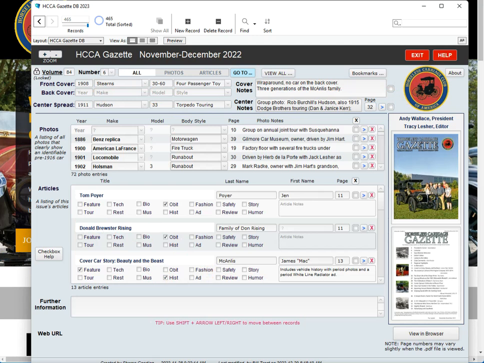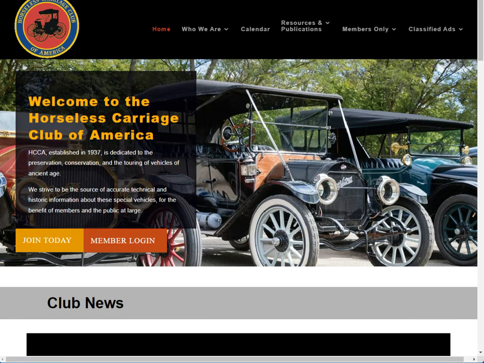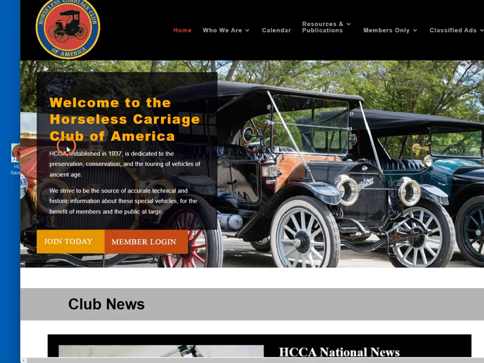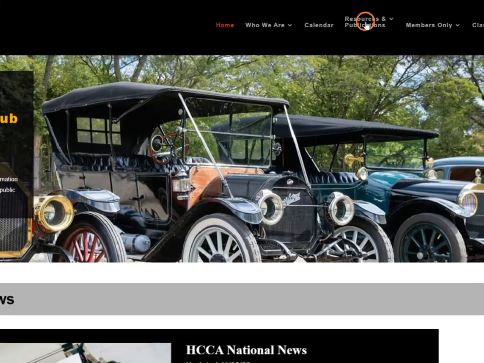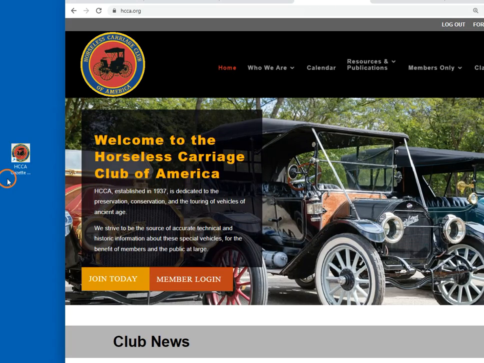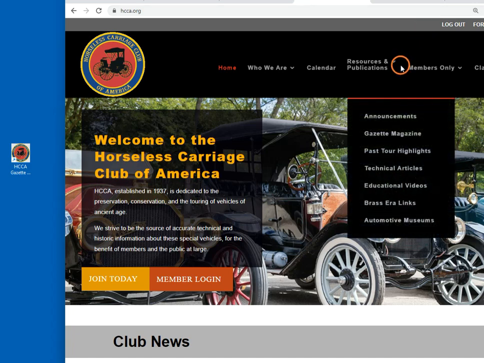Once you've installed it, there will be an icon on your desktop that is hidden right now. I'll just move that over. There it is right there. I'll move this out of the way. This icon here will be on your desktop. And anytime you want to get to the database, all you do is double click this icon and it will call it up and you'll be able to work from it there. So once it's installed, it's real easy to get to and real easy to use. And that's about it for installing on the Windows